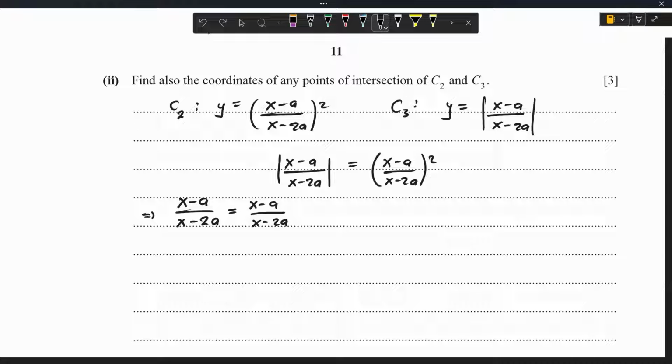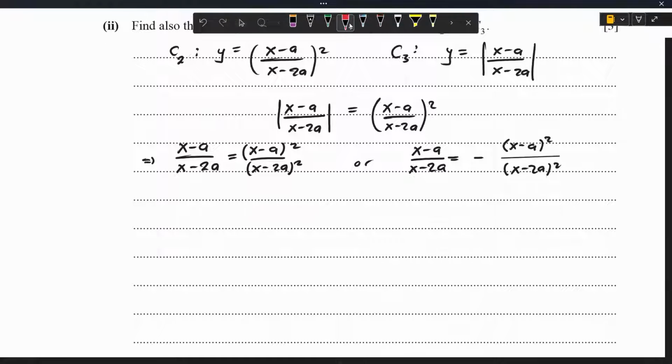Okay, I'll just put the squares like this, which is still okay. Or (x minus a) over (x minus 2a) being equal to minus of the same, (x minus a) squared over (x minus 2a) squared, basically. All right. So if we multiply both sides by (x minus 2a) squared, this side again by the same (x minus 2a) squared, here we will be getting,